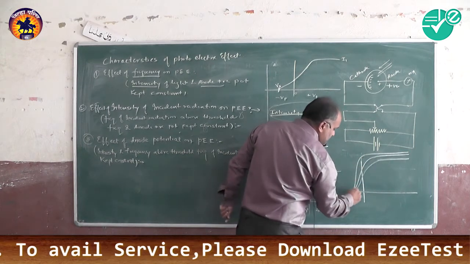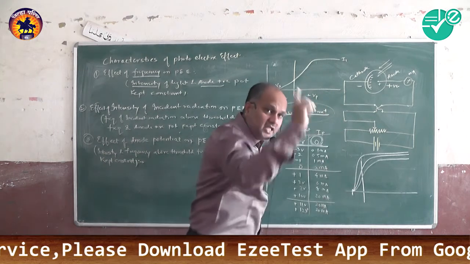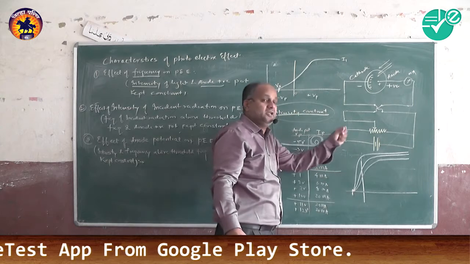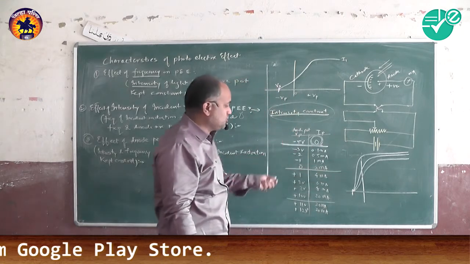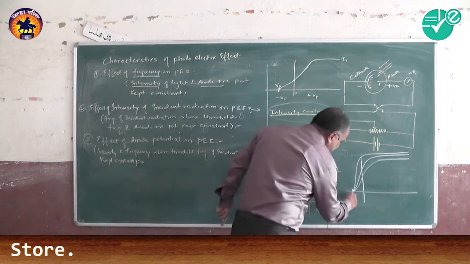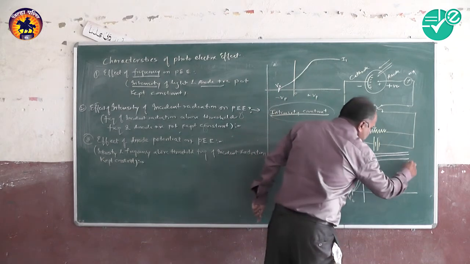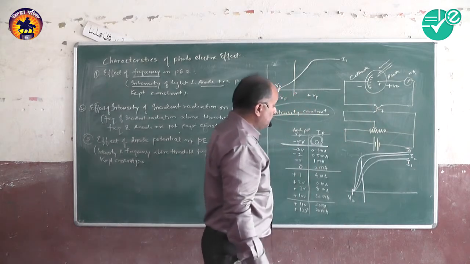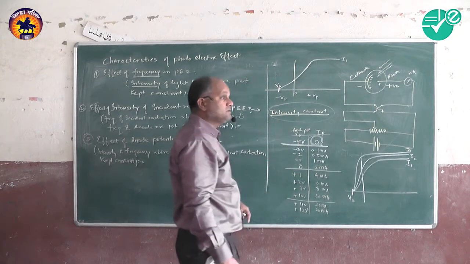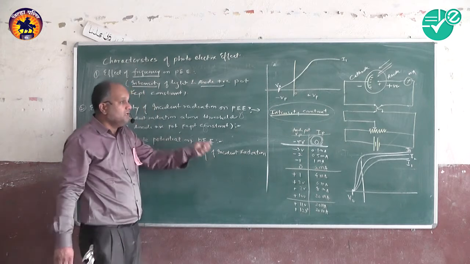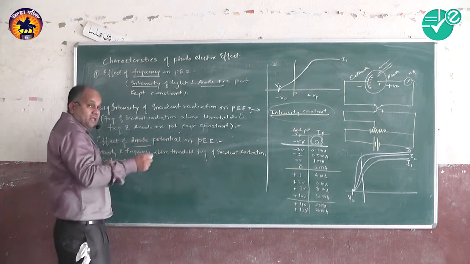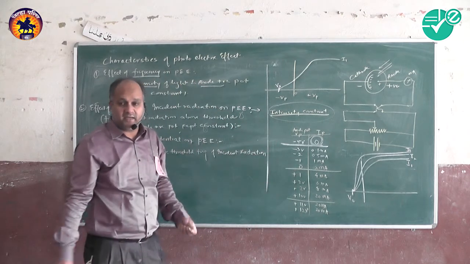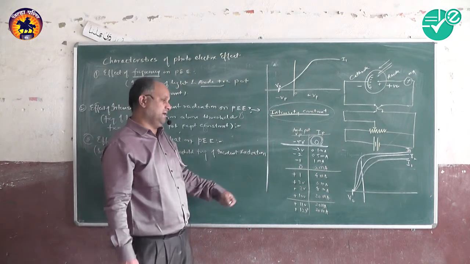Because we are not changing the frequency. Stopping potential will change only when we change the frequency, because stopping potential depends upon the energy of the emitted electrons. This is the intensity I1, this is intensity I2, this is intensity I3. So look here, this is the characteristic of the change in the potential given to the anode. The potential given to the anode defines one important characteristic, called the stopping potential, that we have to see.